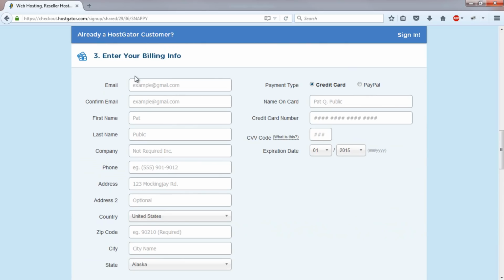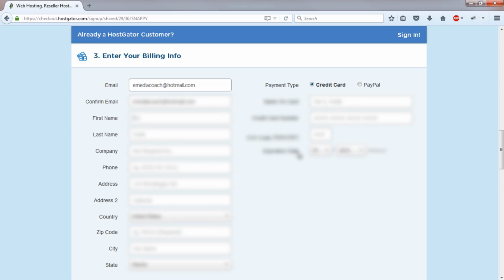Reason being, you'll receive a confirmation email after you complete your order. You've got a couple of different options for payment, credit card and PayPal.